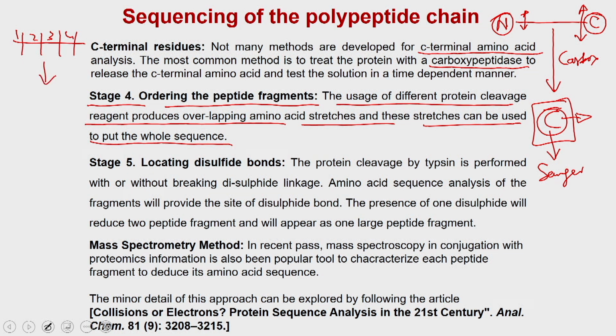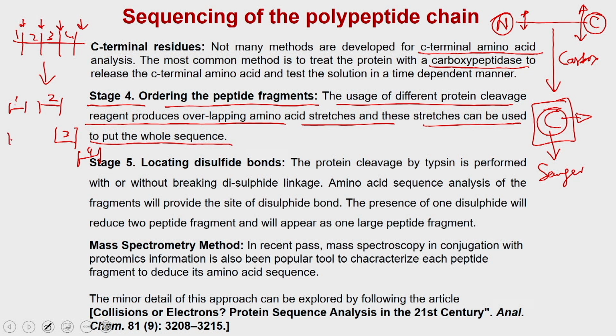Now, let us see how you are going to get the fragments. This is fragment number 1, this is fragment number 2, this is fragment number 3, and then you are going to have fragment number 4. You can imagine that a protease is cleaving it at 4 sites, but what you are going to have is also this,